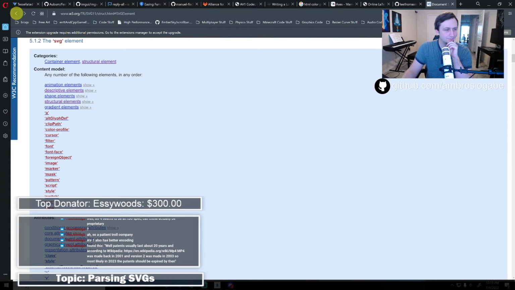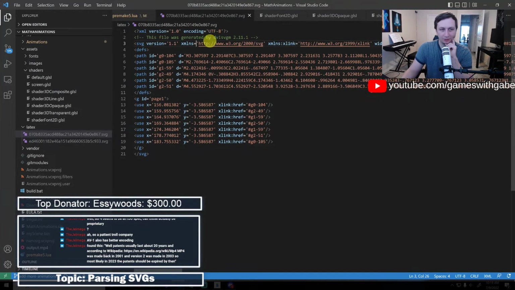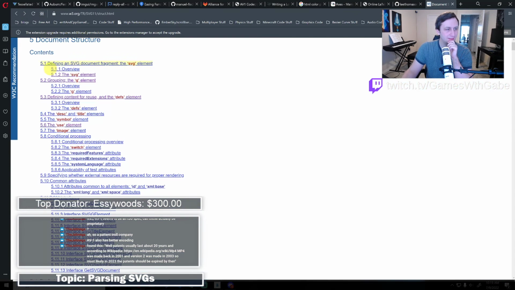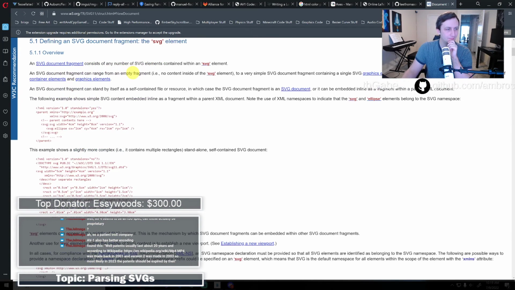No. Because they have view, but they don't have view box or width and height. This is SVG version, and then we have all this stuff, and then we have width and height. But I'm not seeing that there. That's weird. Okay. Yeah, so they have width and they have height here too.